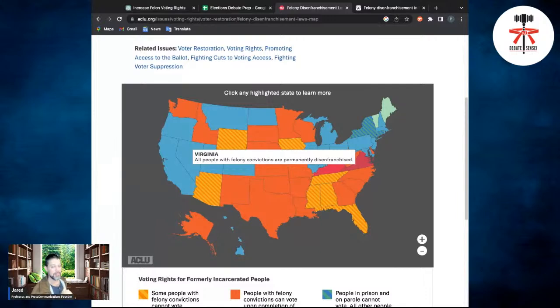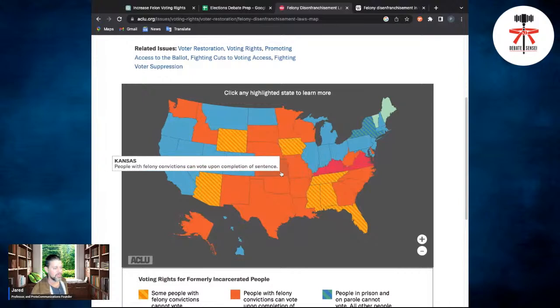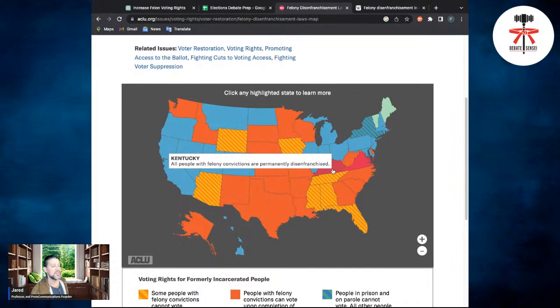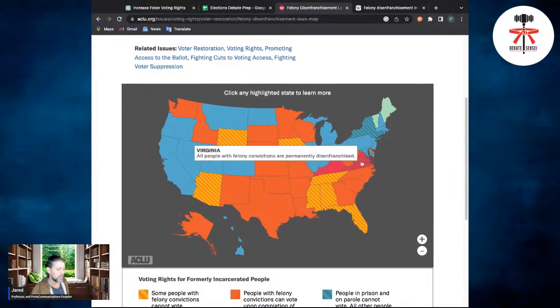It wouldn't say that in the plan text. The plan text would say that no state would be allowed to disenfranchise voters indefinitely, that all citizens upon completion of their sentence will be allowed to vote in elections as long as they're registered, right?